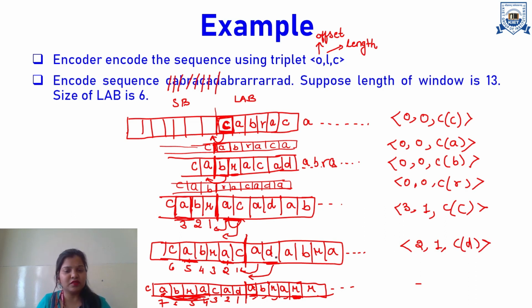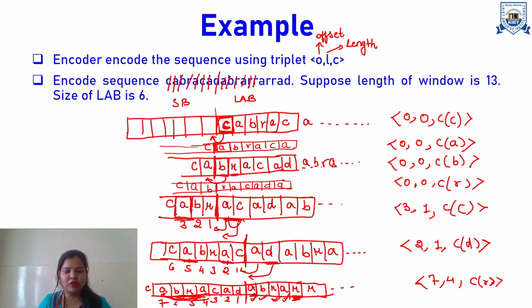A and D move here, and I have A, B, R, A. I have taken A, B, R, A, and next after R, A I have taken here R and R. Check, do we have any match for A, B, R, A? See, 1, 2, here we got a match. After at 4 we got a match, and at 7 we got a match. Now check the length. So A, B, R, A, this is the largest length, 4. I will write here 7 because index number is 7. Length is 4, and A, B, R, A is matched, so we will send code for R.